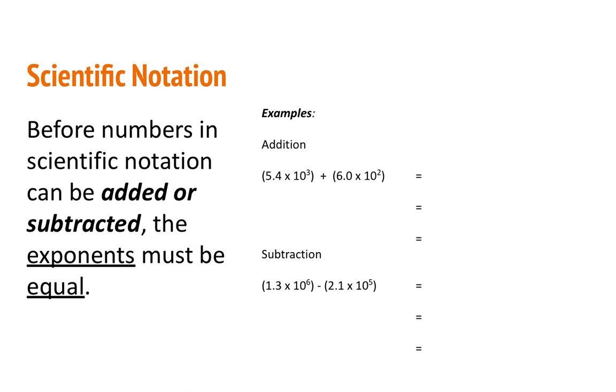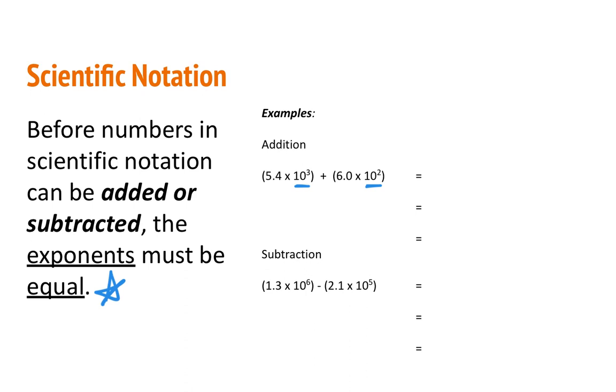So now let's talk about what happens when we are having to do mathematical operations with scientific notation. We're going to start with addition and subtraction. If we're going to be adding or subtracting numbers that are in scientific notation, then the exponents must be equal. So for my first example here, I have two numbers in scientific notation, and I first look at their exponents. Their exponents are not equal, so I must convert one of the numbers so that its exponent is the